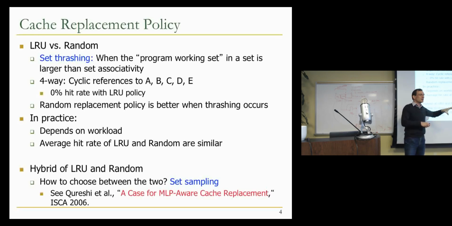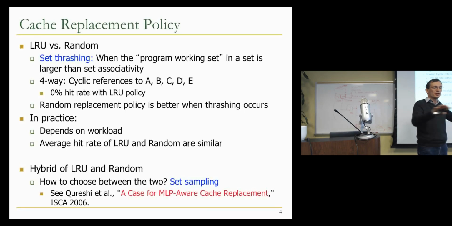You fix some sets to do LRU replacement, you fix some other sets to do random replacement. Actually, you can fix both sets. You can fix the same set of sets, if you will, to do both kinds of replacement, figure out which one is doing better, and the remaining sets follow that policy. Does that make sense? You sample basically across the entire cache some sets, let's say 32 sets out of